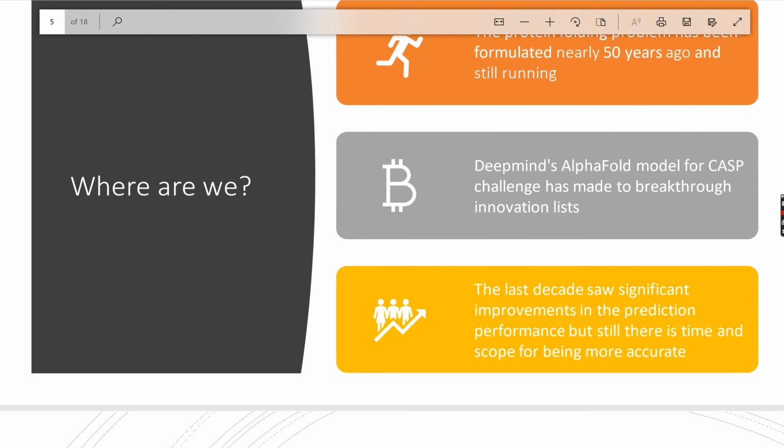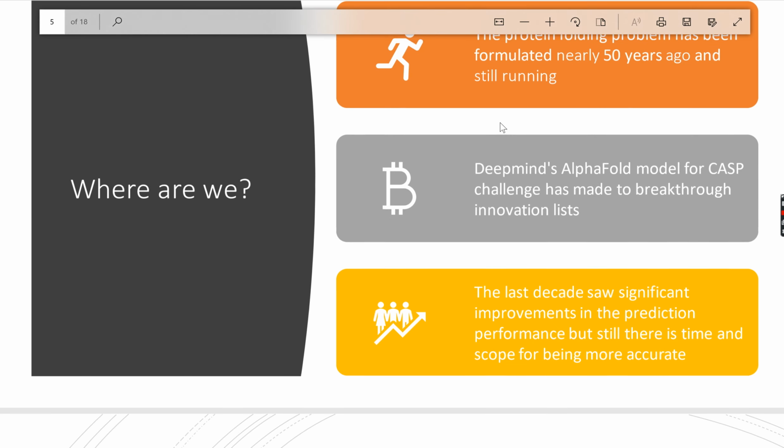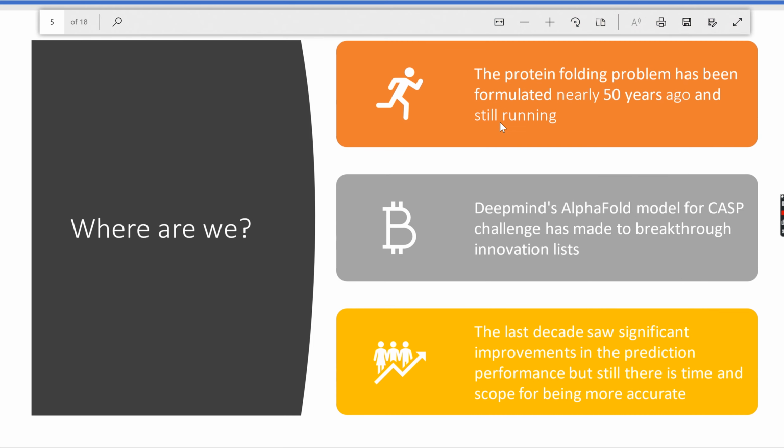Now, this problem seems to be interesting, but obviously the question arises: is the problem new? Are we the first to formulate this problem? It is not. The protein folding problem has been there for 50 years, and believe me, people have been trying to solve it very thoroughly, and there have been improvements. For example, DeepMind's AlphaFold model recently made it into the list of